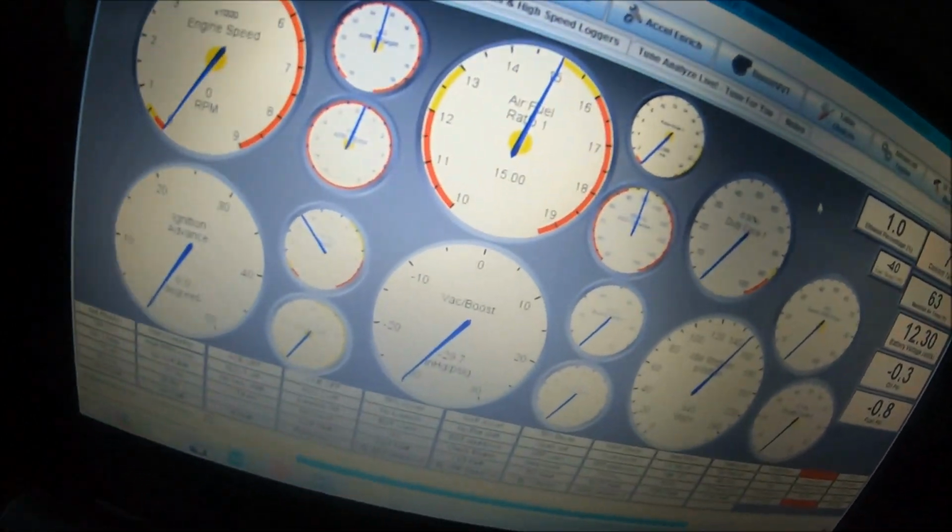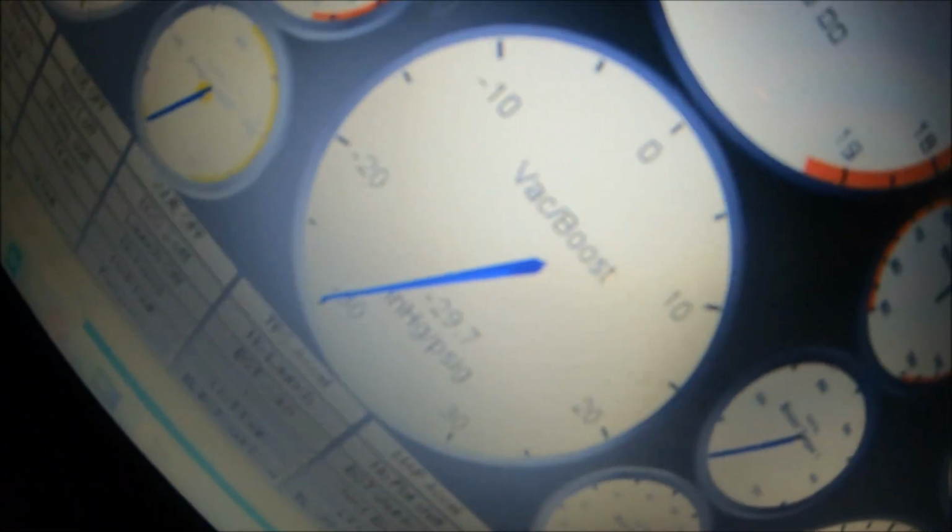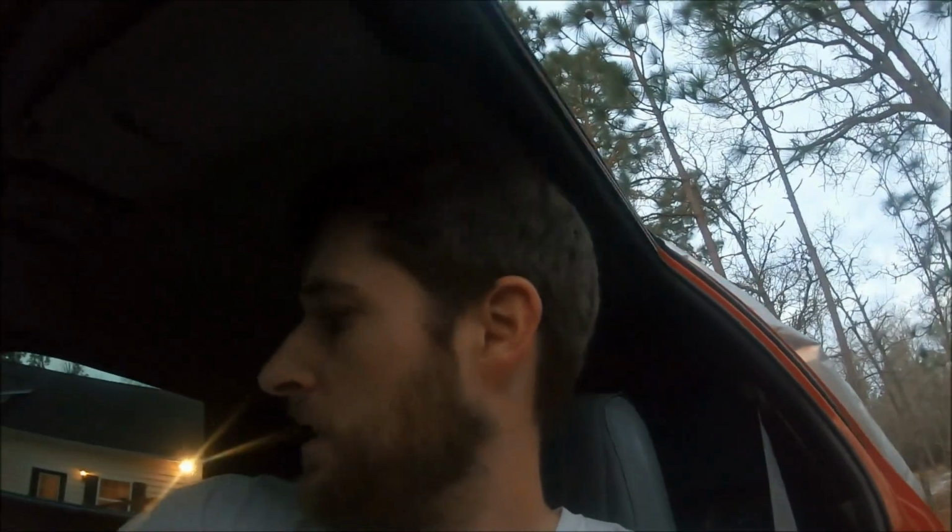If you take a look at our gauges here, the key's on, sorry, car's off. It's reading negative 29.7 inches of vacuum. It should be reading 0. So I believe that is my problem. Looks like I need to find a MAP sensor and plug it in and see what the problem is with that other MAP sensor. But I think if I can get a MAP sensor that actually reads correctly, it'll work. And I might as well go ahead and show you